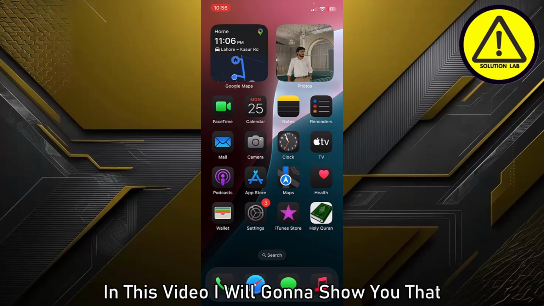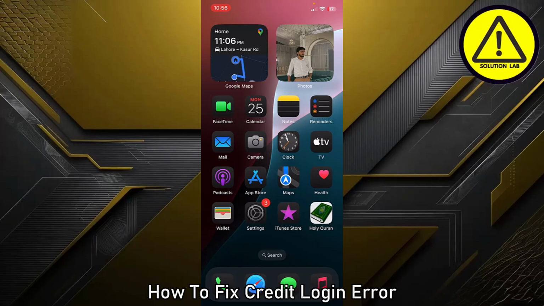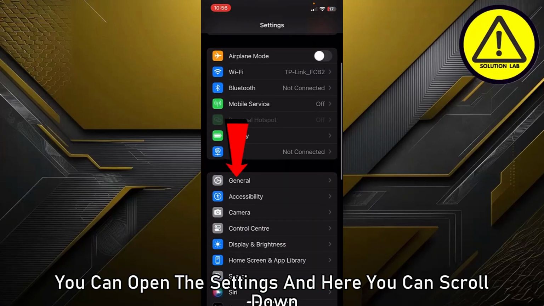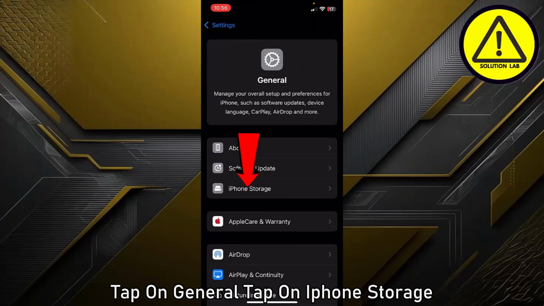In this video, I am going to show you how to fix the Reddit login error. First of all, you can open the settings and here you can scroll down, tap on General, tap on iPhone